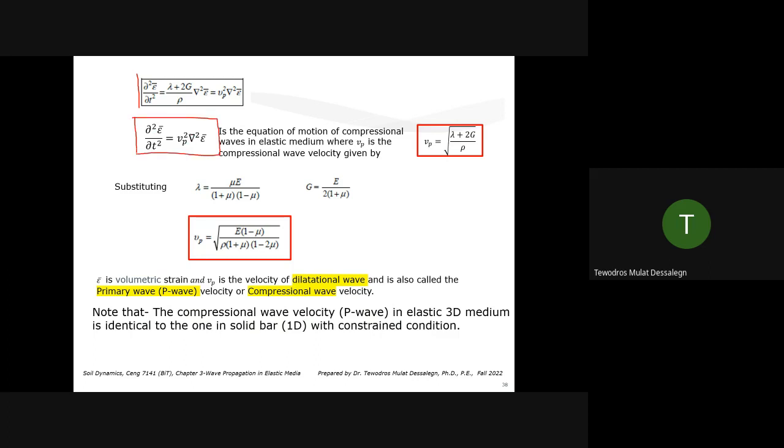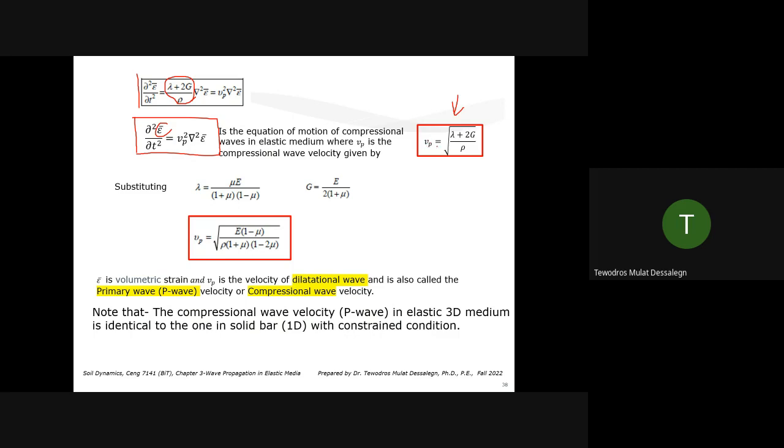You have the Laplacian operator, the VP square, volumetric strain. It's a second order differential equation. We represent it as VP, but it's actually obtained from these parameters. So that VP is actually what you have right here. Whenever I put this in red borders, what I meant is that's what you need. Whatever operation we did on the wave partial differential equations, our final product is the VP, the primary wave velocity